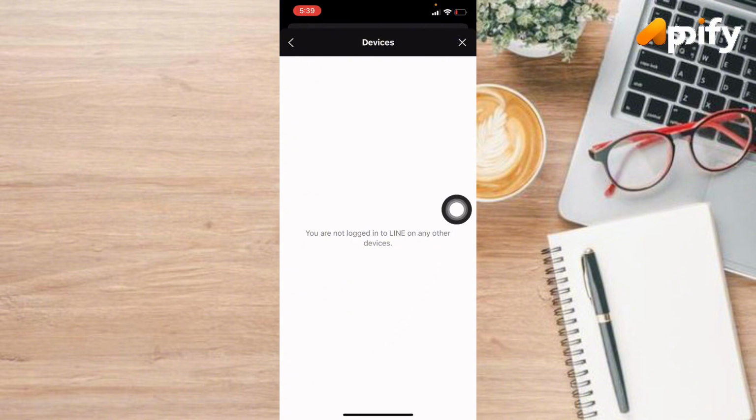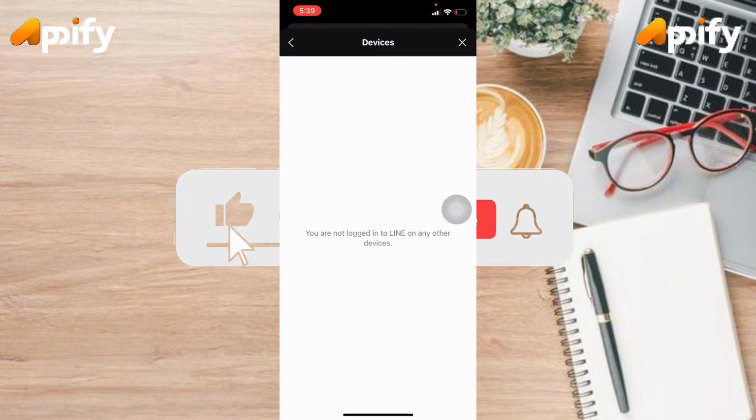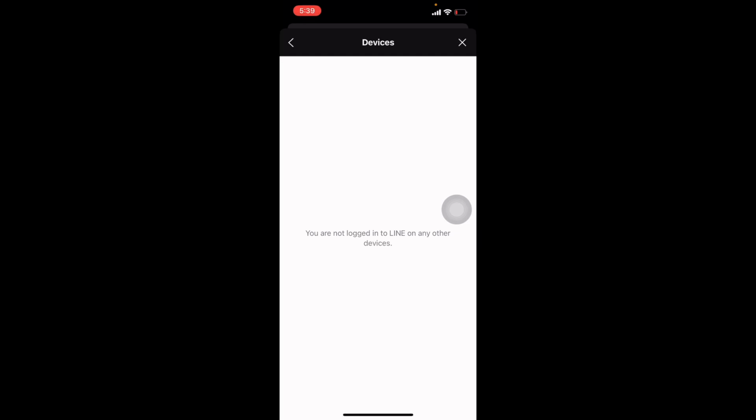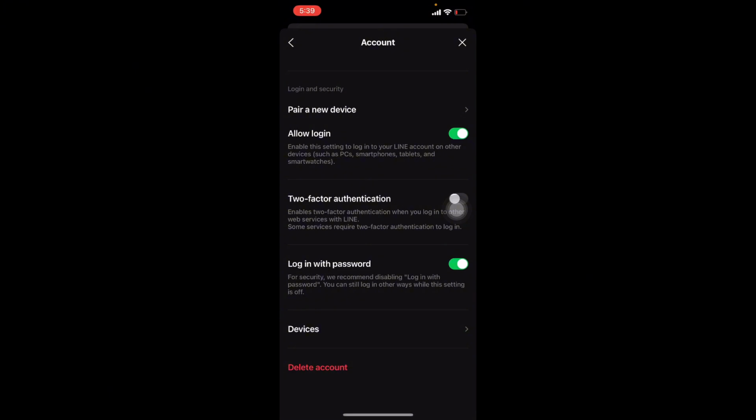your Line account. For now, I haven't logged in to my Line account from any device. So here it is saying that you are not logged into Line on any other devices. So if you are logged into your Line account from another device, then here you will see a list of device names. So this is how you can check your logged in devices